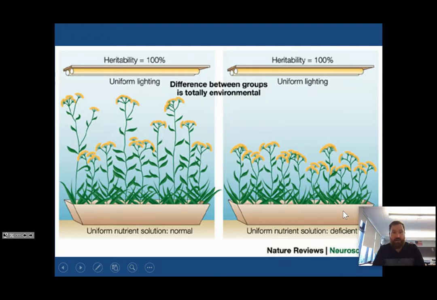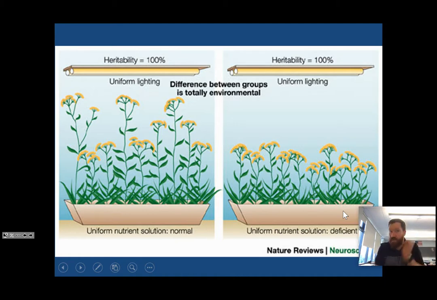The variance, the variation of the trait that we're looking at within a population, those differences, what is the percentage of those differences that we can attribute to the genetic differences? If it's 100%, then no matter what, the environment can be exactly the same, and you're going to have all these different things. That's almost impossible to get with humans, by the way, which is why we like to use plants as this image.